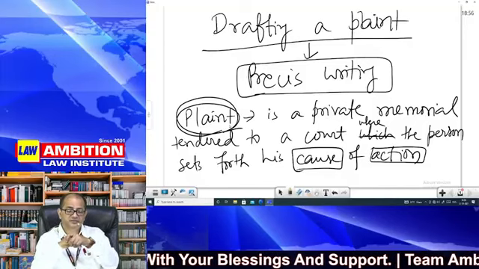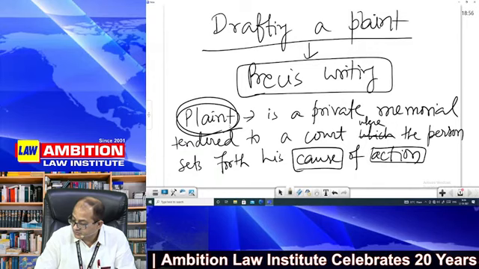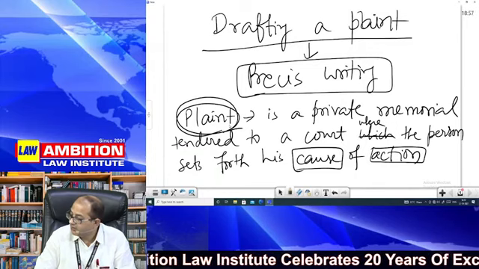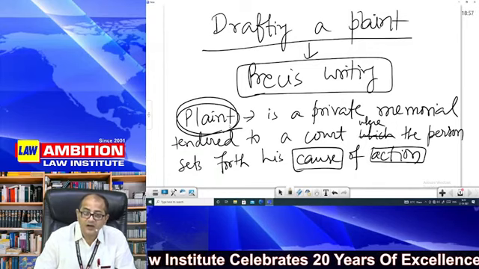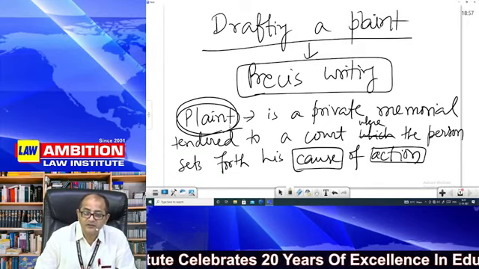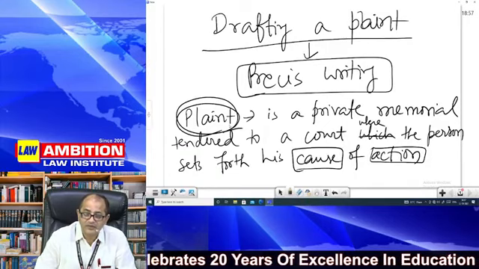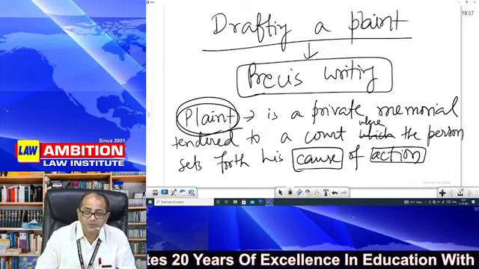Then I'll read the rule of pleadings also. So know the law basically. I said if you are alleging that there is some construction of building which is violating the law, then you are required to tell the court how this building is violating the building regulation or zonal regulation for that matter. If you are not able to tell the court how these regulations are violated, court may not grant you relief.